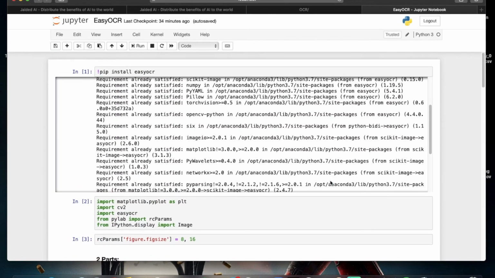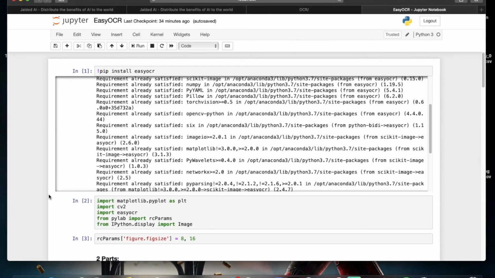So yeah, that's all for this video. This is really useful, and I think it can be used for detecting license plates as well, because that is also typed text. You can try this for license plate detection, but you have to give that image. So that's all for this video.